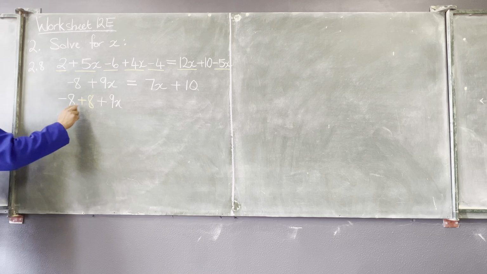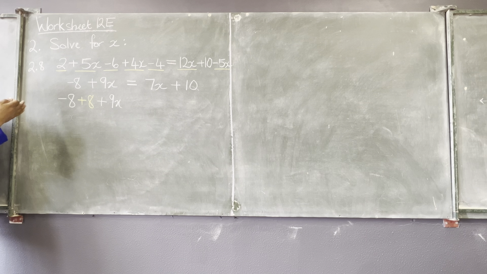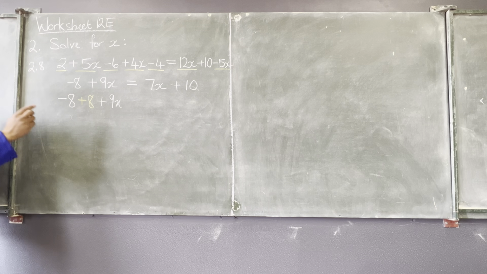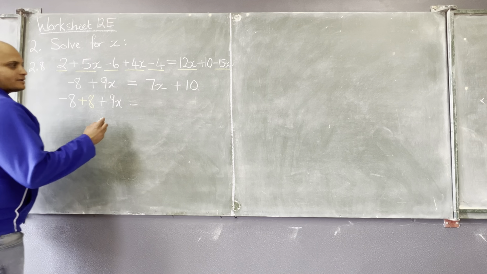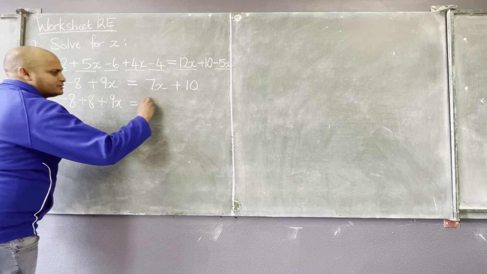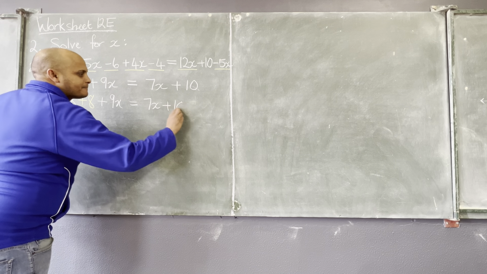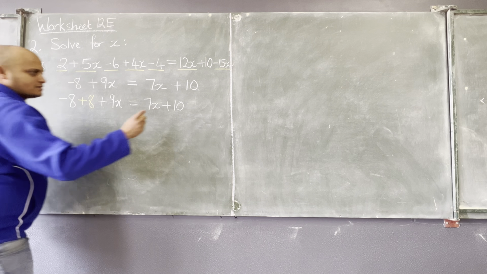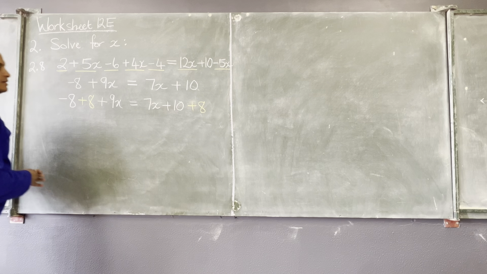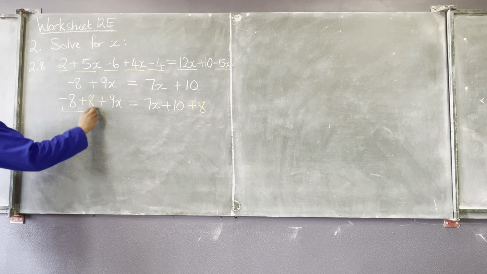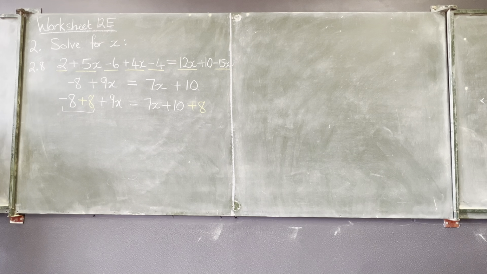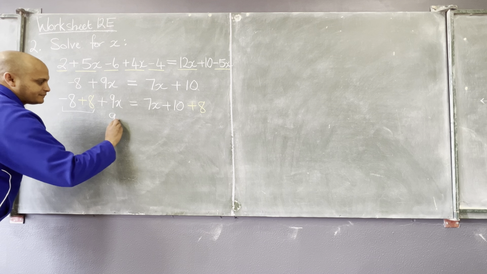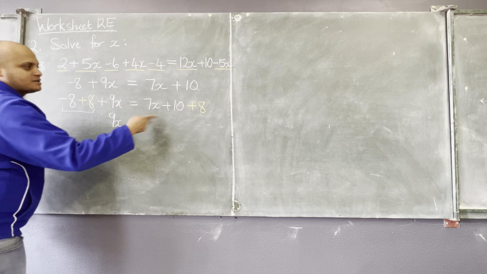Remember, it doesn't matter in which order you write these, right? So you could have written negative 8 plus 9x and then add the 8. Doesn't matter. Okay, and on the right hand side I need to do the same thing. So I had 7x plus 10, and I'll add the 8. Okay, so what does that do? It activates my identity element of addition, which is 0. So that will be 0. And I'm left with 9x. And on this side, I simplify and I get